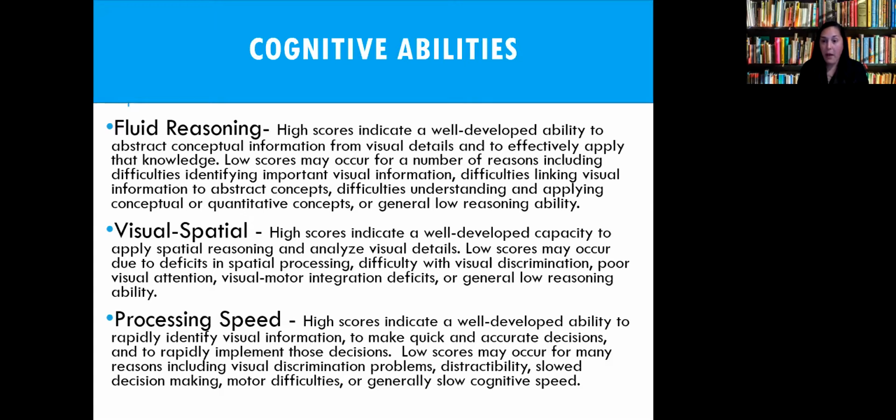You know this about them. You maybe place them in environments where that is an availability. They have the ability to think through a little bit more what they're going to do, or a certain type of environment may not be the best for them, or that's something that needs to be articulated, like if they're at a university setting with professors and individuals that are going to require them to complete work: I may need a little bit more time to process this information. I can get there, but it may just take me a little bit extra time, okay? And so that's cognitive abilities.